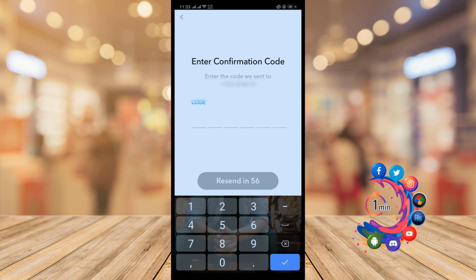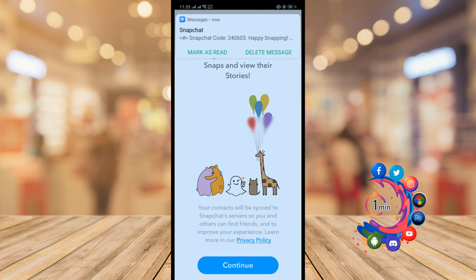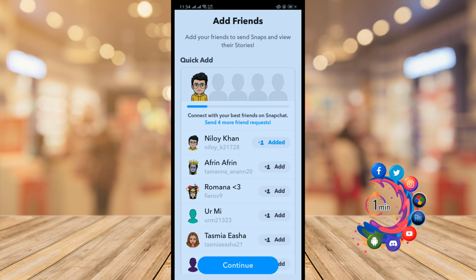and now I'm waiting to get a verification code from Snapchat, and here is the code. Okay, and now if I want to add friends, I can do it by clicking on continue, but I'm skipping for right now. Also I'm skipping this one. Okay,